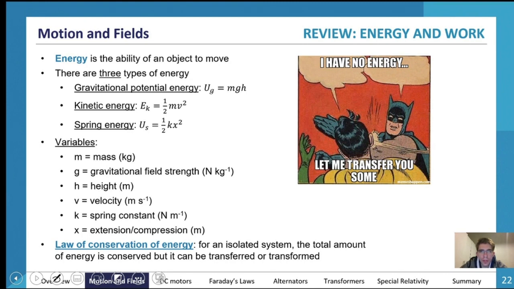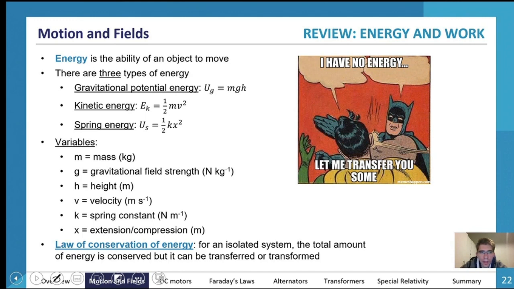Gravitational potential energy is equal to mgh. Kinetic energy is equal to half mv squared, and elastic potential energy is equal to half k delta x squared,